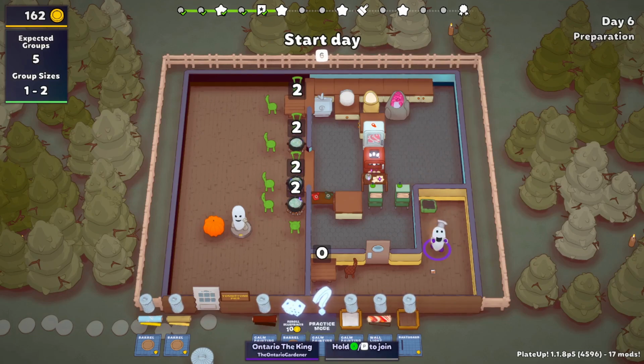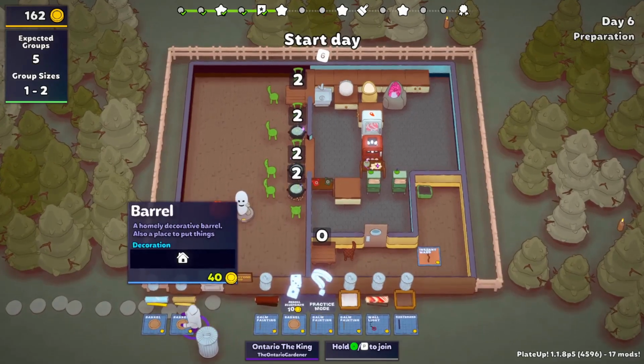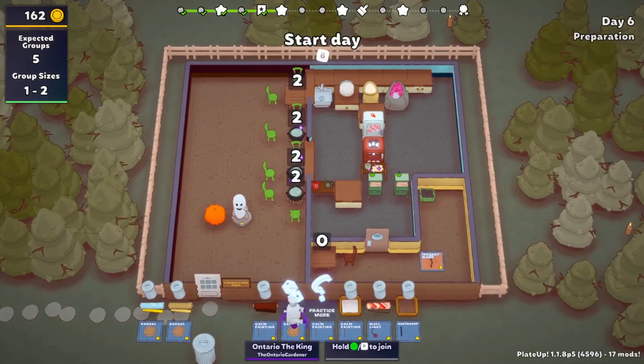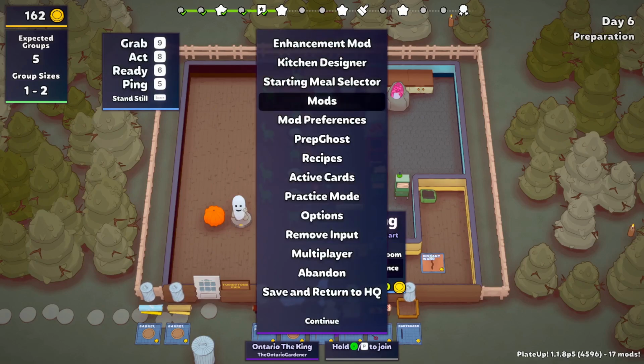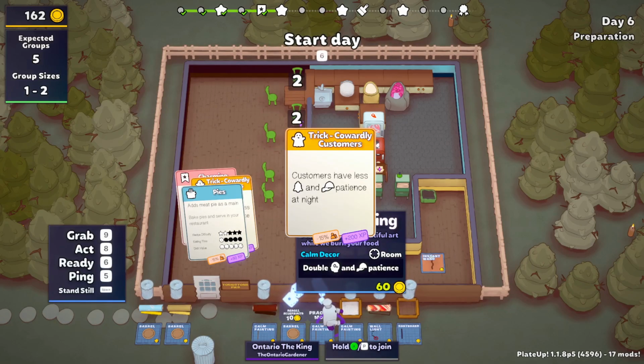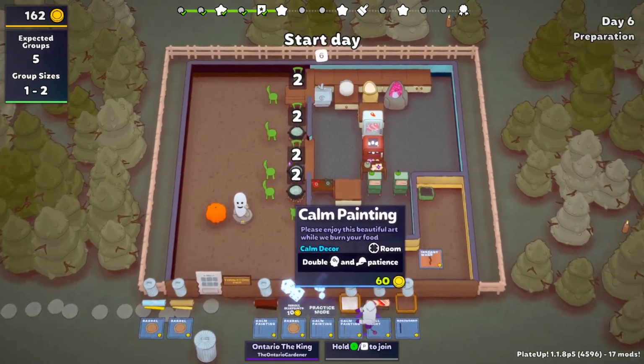So I don't want the instant one. I mean, some people will like the instant one. I don't. That's not my deal. So barrel, but none of these are worth 2. The calm painting actually isn't terrible either, by the way. Because we have the card here, excuse me, that has less patience at night, but meh. The only problem with this is that all these things cost